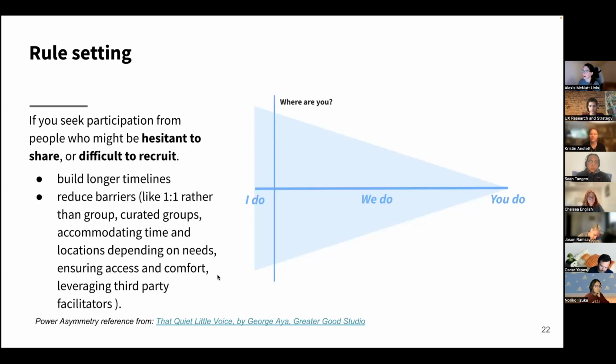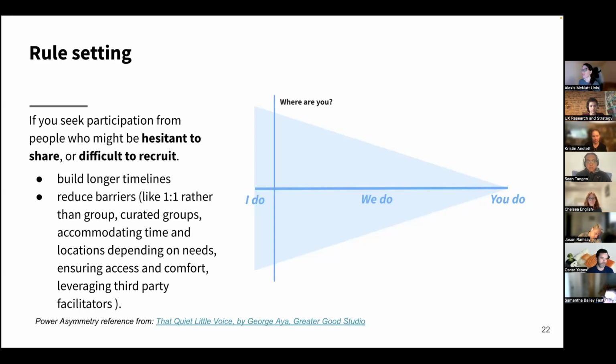And thinking about, especially for groups that might be hesitant to share or really difficult to recruit for whatever reason, maybe there's a very small segment, building longer timelines. Sometimes this process is much more complicated logistically, so it takes longer planning for that longer timeline. Again, reducing barriers